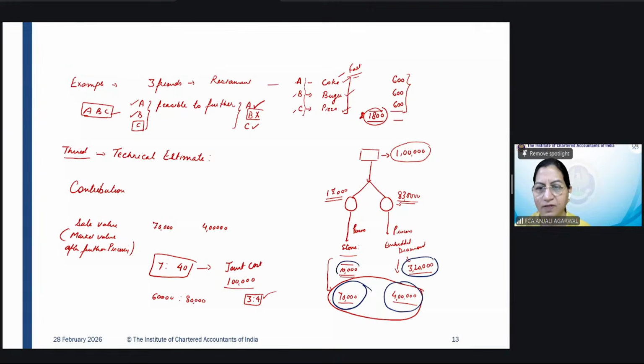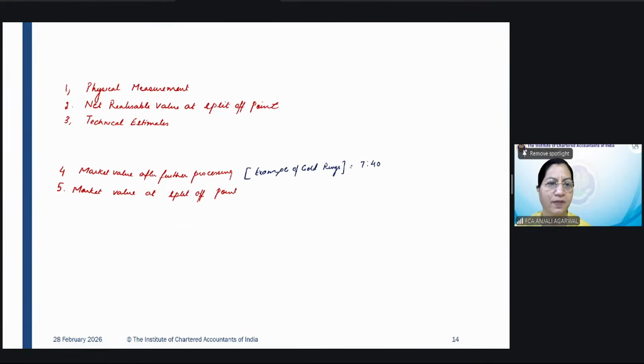In this you have incurred only 10,000 and on the second ring you incurred 3,20,000. So when further processing costs are highly not comparable, or there is a huge difference between the further processing costs you have incurred, market value after further processing is not applicable, particularly if there is disproportionate